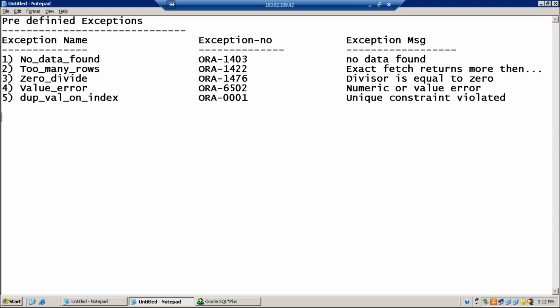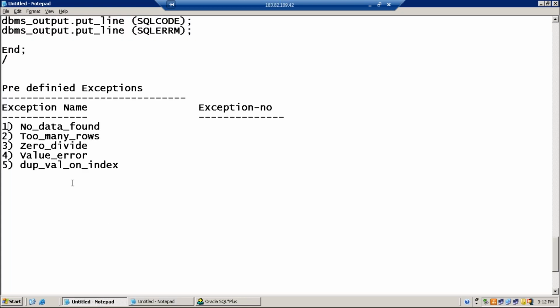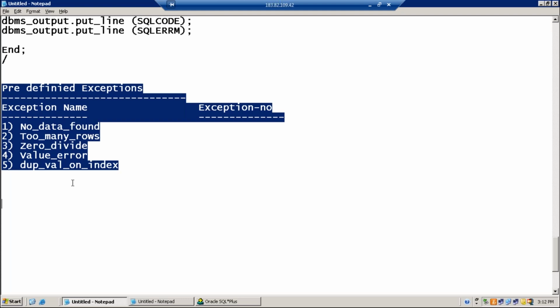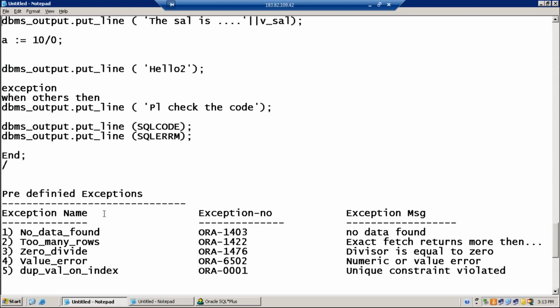Perfect. So predefined exceptions will have an exception name, exception number, and exception message. I hope it is very clear about these predefined exceptions. Now, when you want to handle, you need to handle by using the exception name.